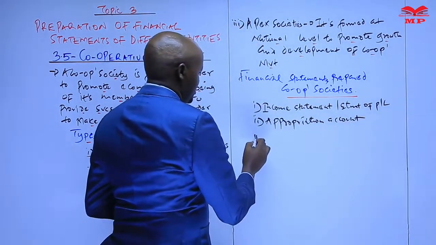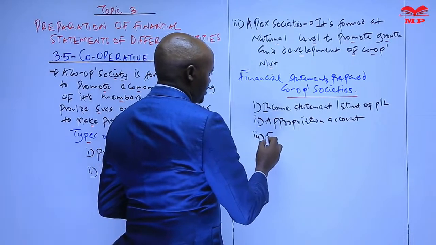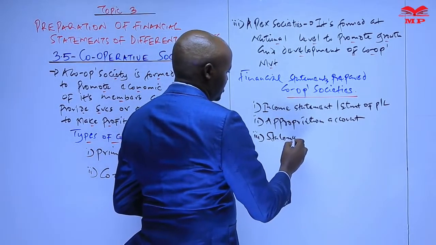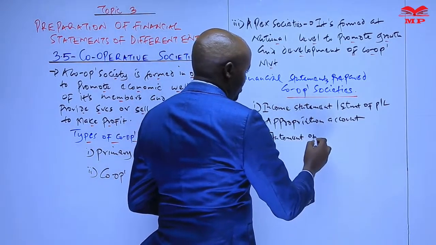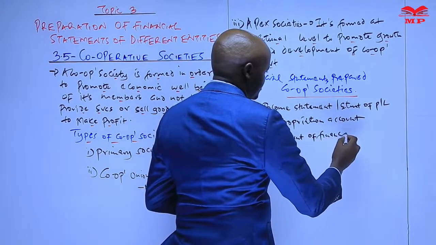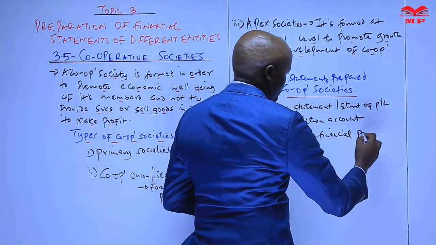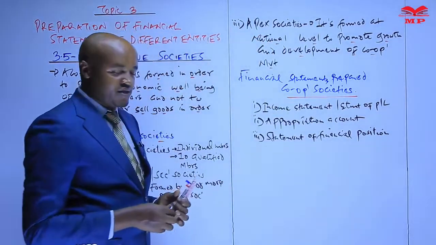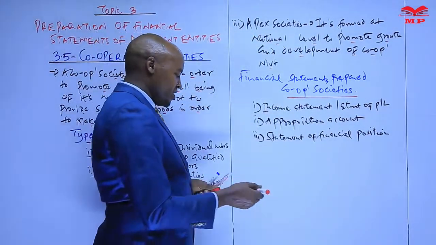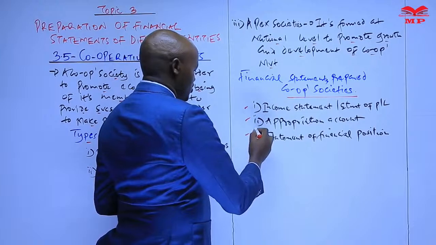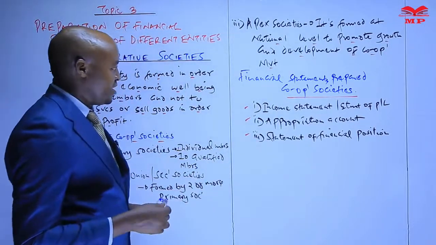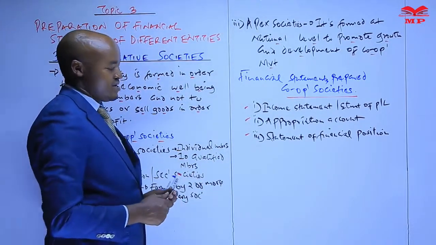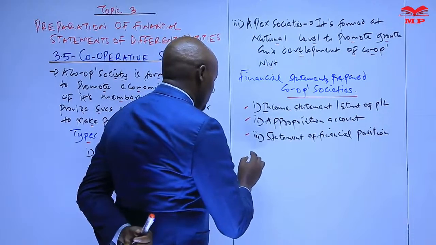And number three, we have a statement of financial position. So these are the final accounts which any cooperative society needs to prepare at the end of the year. So let's start by looking at what an income statement is and why a cooperative society needs to prepare the